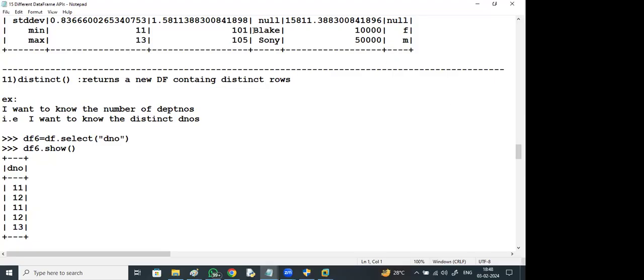Right, in VS Code you can run, in PyCharm you can run, in Jupyter you can run all these things. Another one is Spyder IDE. All these IDEs you can run. In the coming session, I'll show you on PyCharm how we can write and how we can configure it. You can also run on Spyder IDE, and as you said, in VS Code also you can run these things.